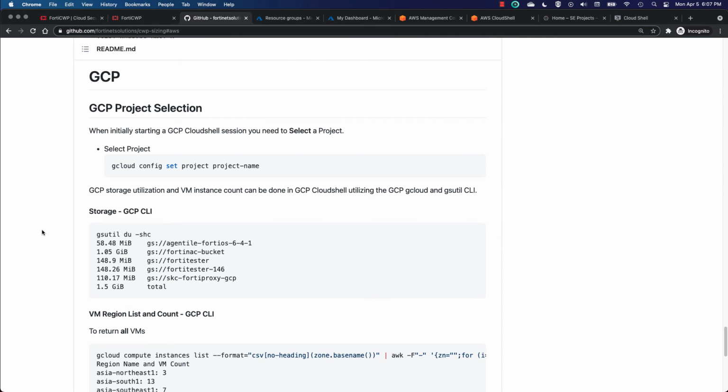The last cloud that we'll look at is Google Cloud, or GCP. The storage calculation for GCP is actually very simple, utilizing the gsutil command. I still do have a wrapper for it, but to show you how the copy and paste could work for Google Cloud, it's just as simple as it is for Amazon and Azure. Copy